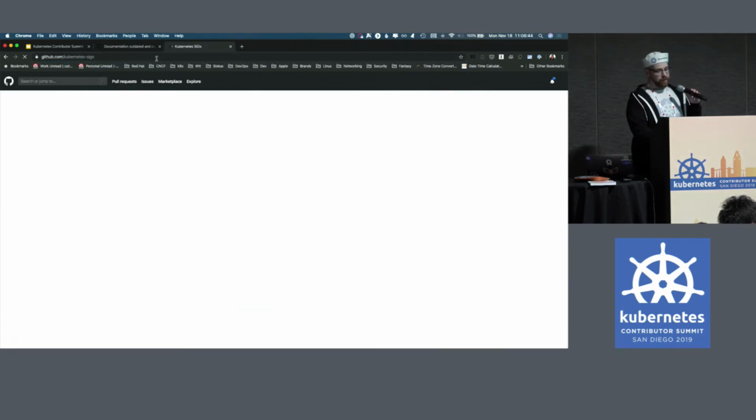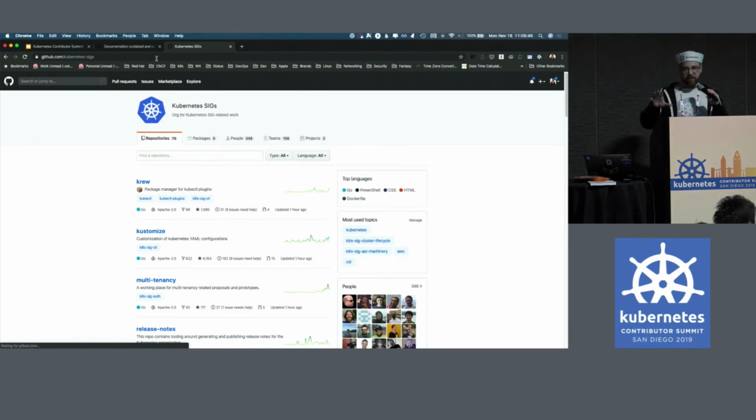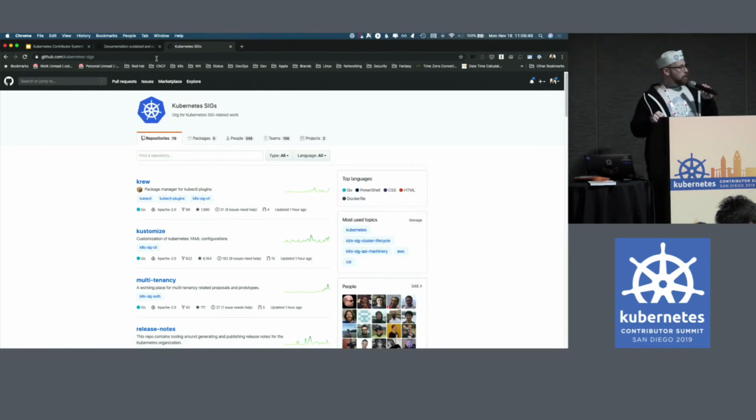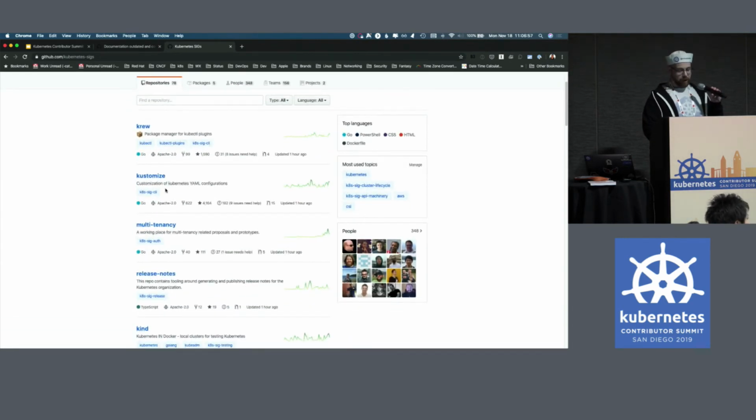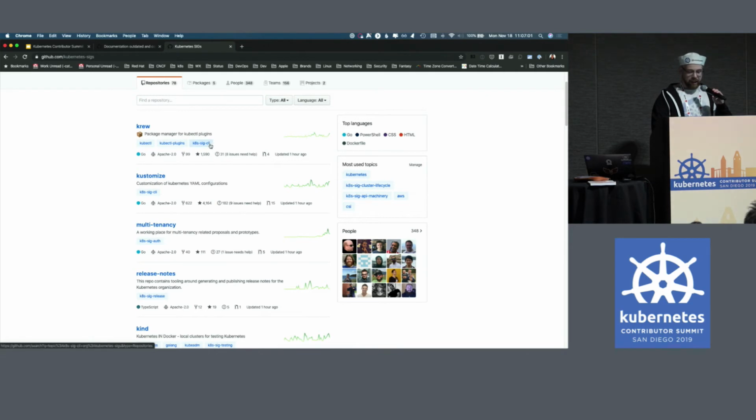So Kubernetes itself has multiple organizations, not just the Kubernetes GitHub org. And a lot of the projects that have their own code base exist in Kubernetes SIGs. You can actually see in the tags for each repo the owning SIG.